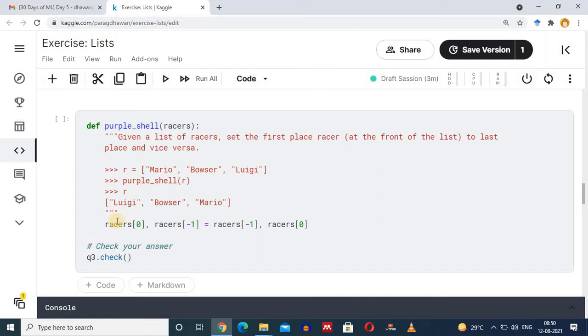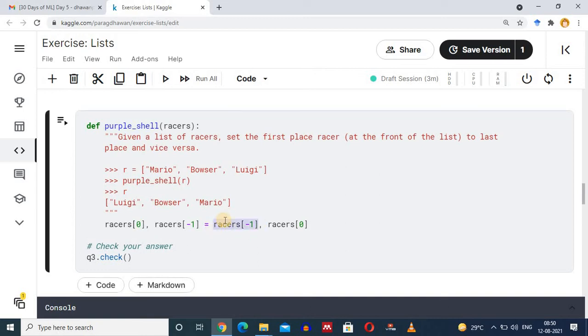After the docstring comes the actual statement. In Python this can be achieved in a single statement. To index the first element of the racers list, we write the name of the list and index 0. To access the last element of the racers list, we write the list name and index -1, equal to, again the list name, accessing the last element.